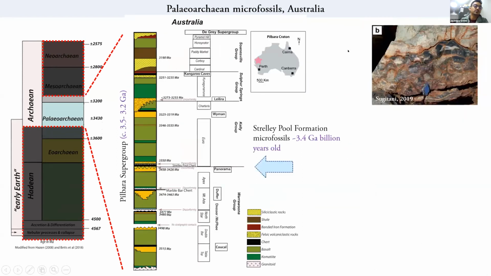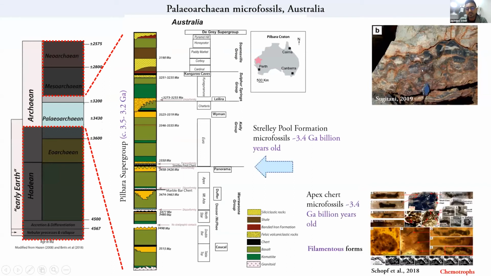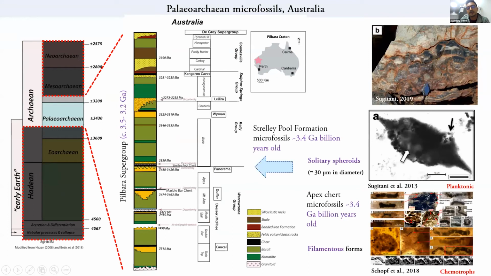Moving from India to the Paleoarchean window of Western Australia, we would investigate the pile of volcanosedimentary rocks from the Pilbara Supergroup. Very importantly, here we would investigate the Strelley Pool chert, a chert unit mostly made up of silica and carbonaceous matter. But more importantly, they do host evidence of life. As we have presented, solitary spheroids are typically 30 microns in diameter, and they have this very diagnostic feature of a tail-like appendage. Sometimes they have an irregular wall boundary, and sometimes they are crooked or broken.